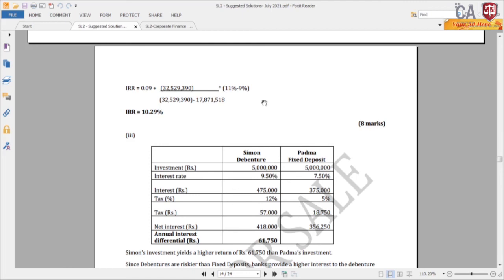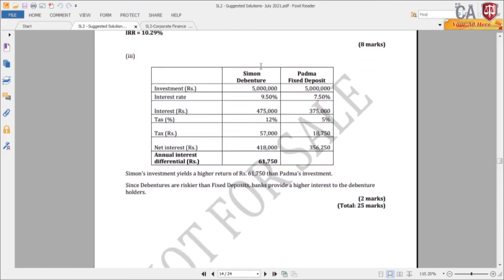Why? There are other additional costs you are incurring in issuing the debenture to the customer. Okay. So 10.29 is your IRR or yield of the instrument. Roman number 3,